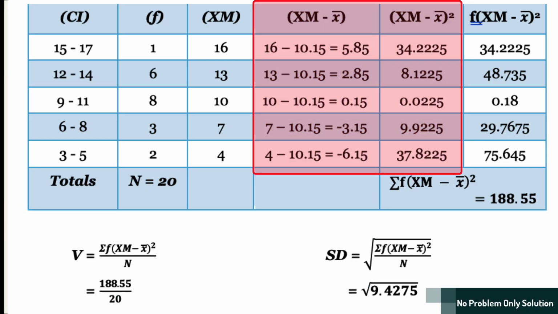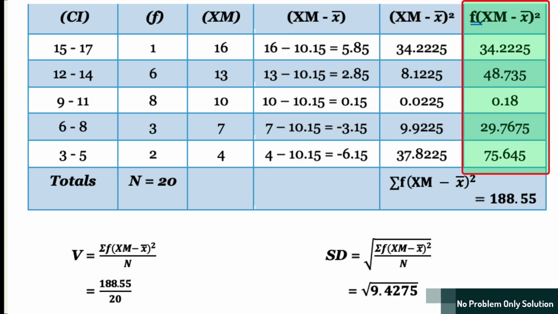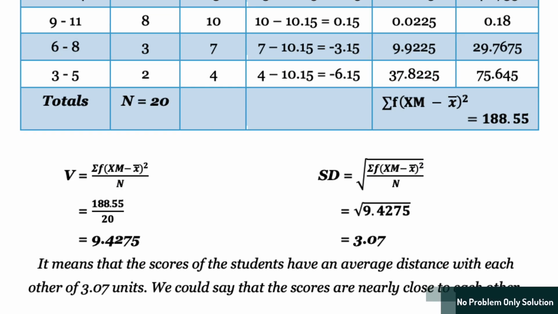Then, just like before, we find the squared distance of each class mark from that mean. But here's the twist. This time, we multiply that result by the frequency, the number of students in that group. This step is absolutely crucial. It makes sure that the groups with more students have a bigger impact on the final number, which makes total sense. So, after we sum up that final column and divide by the total of 20 students, we get our